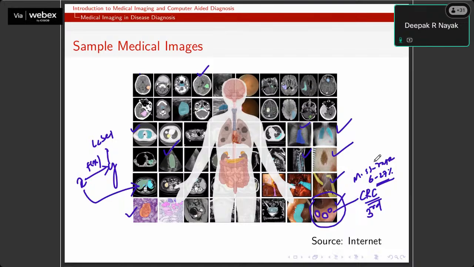And missing a polyp is a common thing for doctors, right? Because the miss rate is always between 6 to 27%. It is only because of the challenging properties of these polyps. The polyps have camouflage properties. The textures and the color of the polyps are sometimes very, very similar to the surrounding tissues. So that is why sometimes it is very, very difficult to identify the polyps, even for the experts, right?